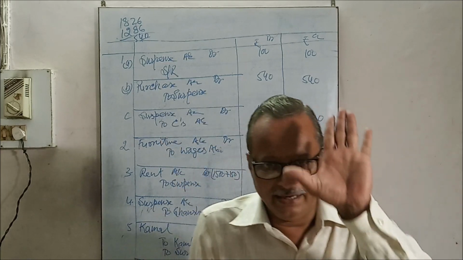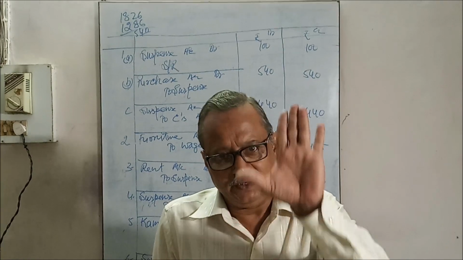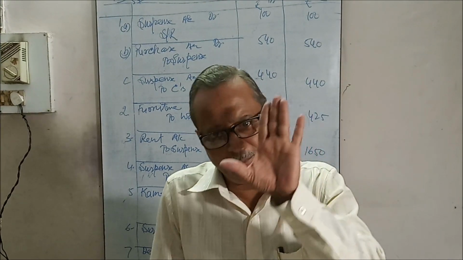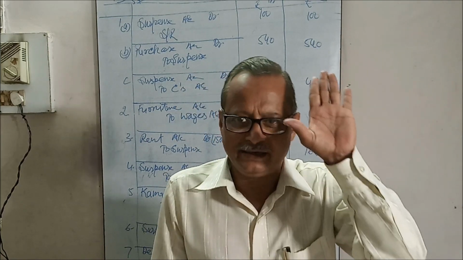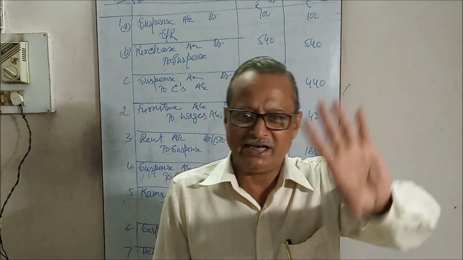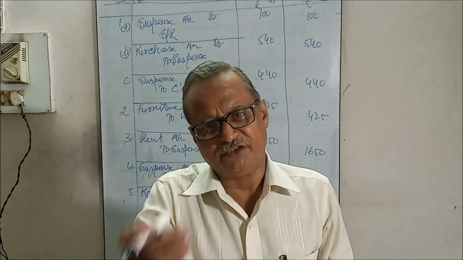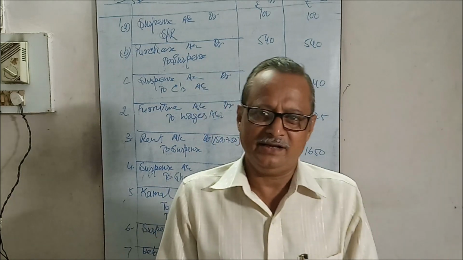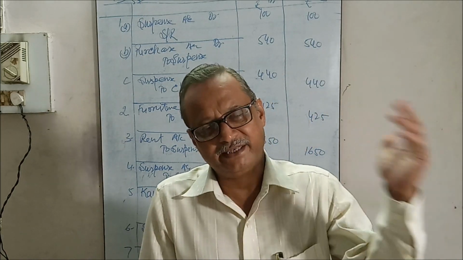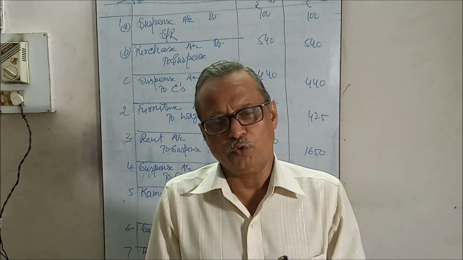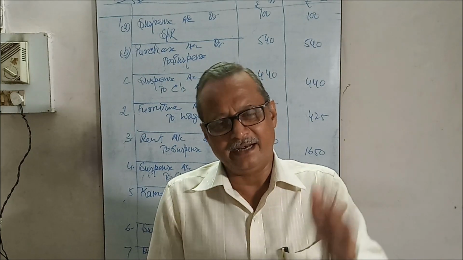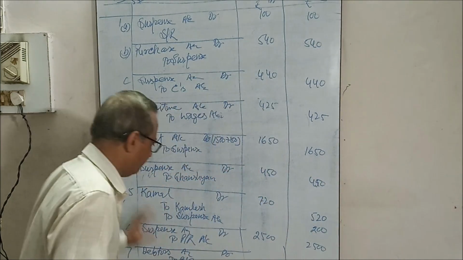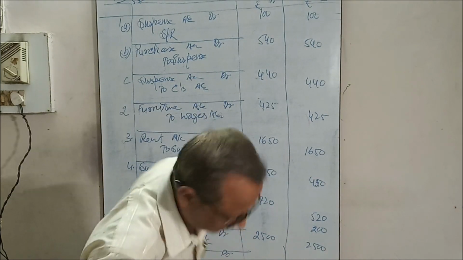Again listen. Bill receivable discounted, dishonored. When it is dishonored, you will pass in your book debtors account debit, because you will charge from the debtor and the banker will charge from you. Debtors account debit to bank. In place of this entry, the entry was passed as bills receivable account debit to bank. So while correcting it, debtor should be debited and bills receivable should be credited. So this entry we will pass, and this amount was 3,000.